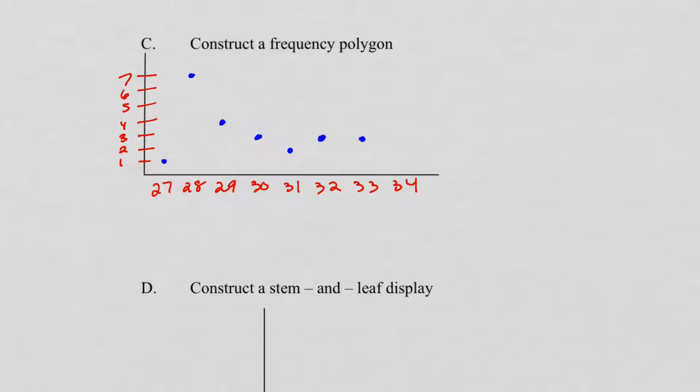And 34 has 2. So if you connect the dots,